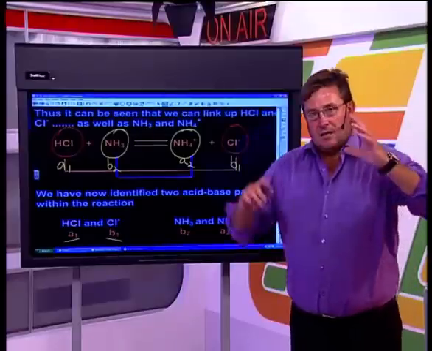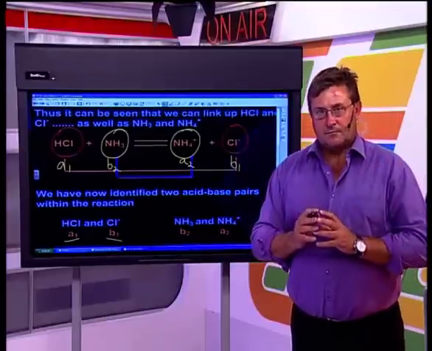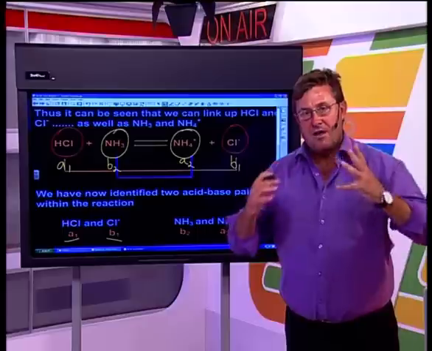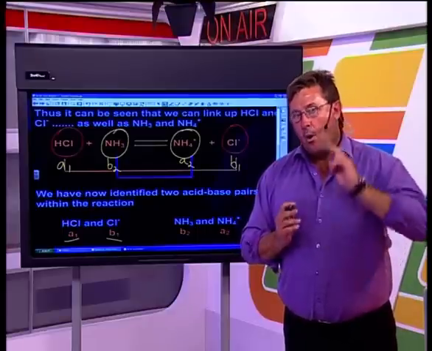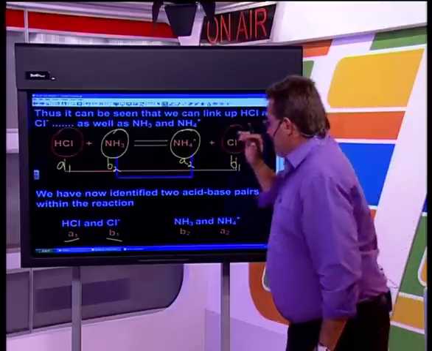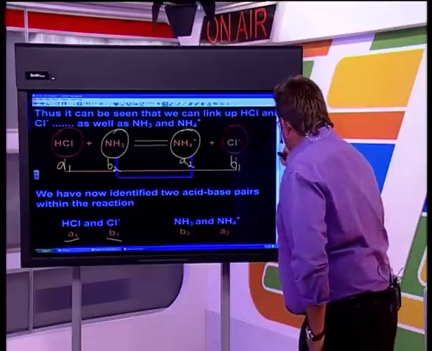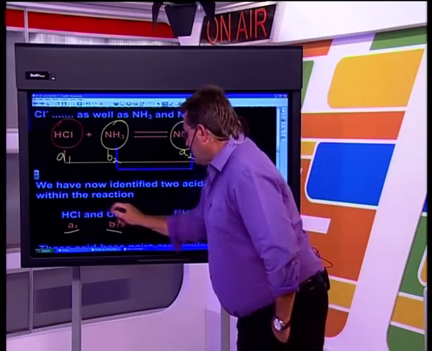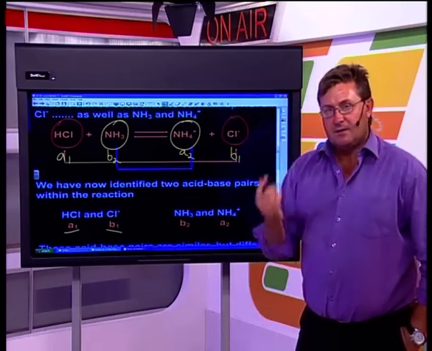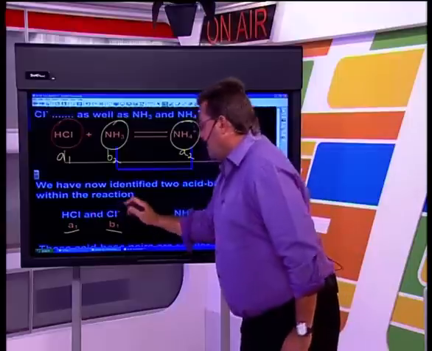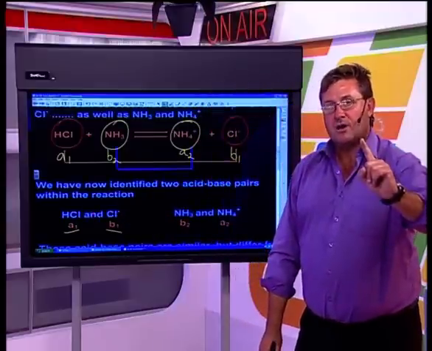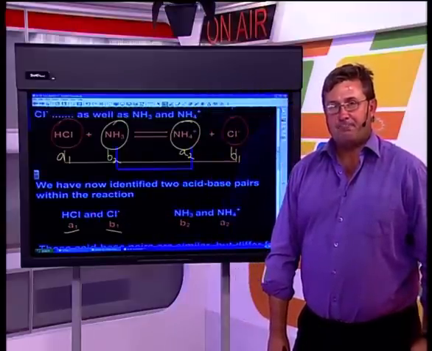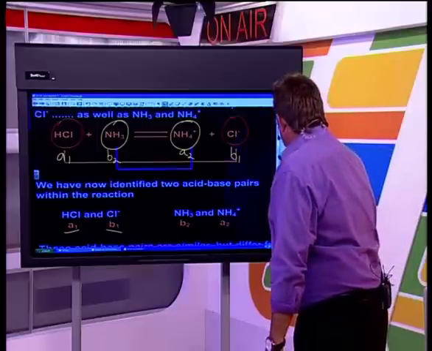And guys, according to that Bronsted-Lowry model, okay, you will always have 2 acid-base pairs within that reaction. Okay, always 2. And very easy to pick up. All we simply have to do is find the 2 chemical species, the chemical substances that are similar but differ by one proton. And then you can be able to link up your acid-base pairs. Okay. Now, a little bit more terminology coming your way.